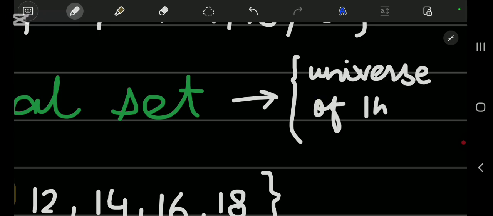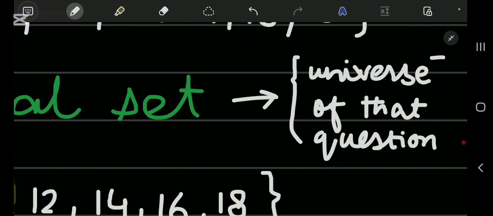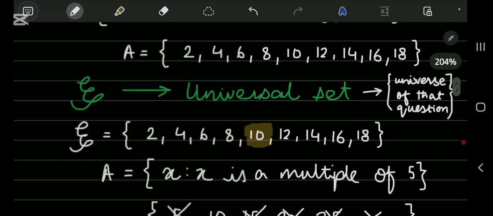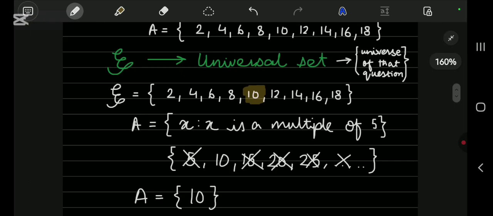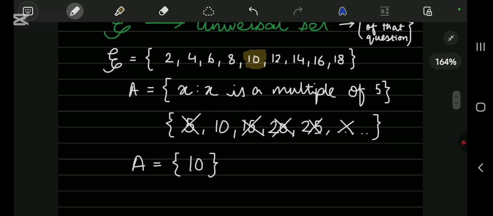Of that question. Even though the given information tells that x is a multiple of 5, as it doesn't lie in the universal set, the rest of the elements are going to be rejected. Okay, now let's move on to the next